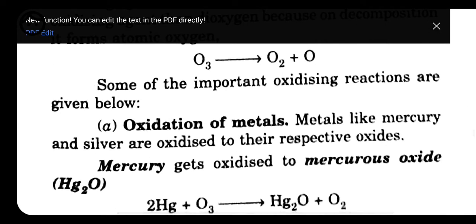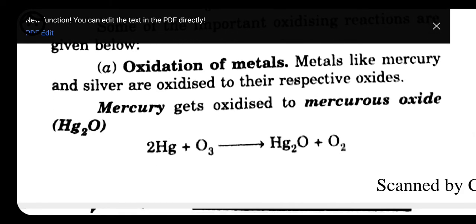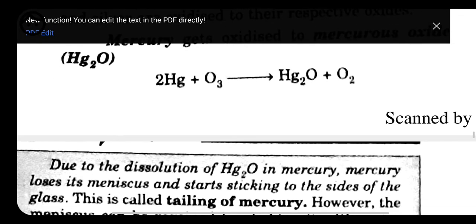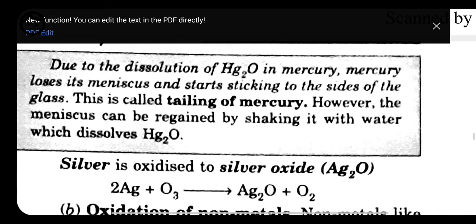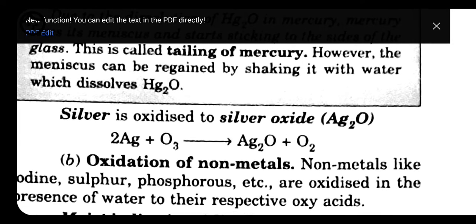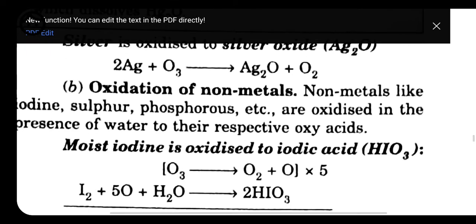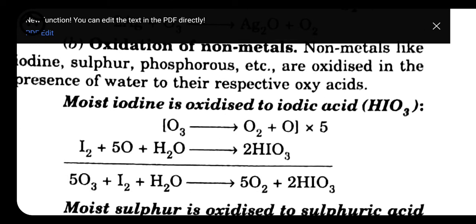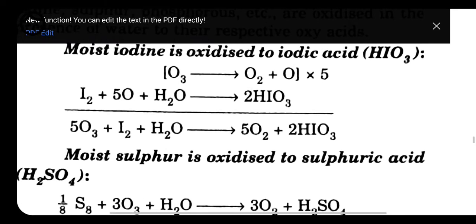See, here it helps in the oxidation of metal. This ozone dissociates and gives rise to O, and this O combines with mercury, and then oxidation takes place and mercurous oxide is formed. Here we have oxidation of mercury, and oxidation of non-metals; all undergo oxidation because of the presence of nascent oxygen. Non-metals like iodine also undergo oxidation and then formation of an iodo compound takes place.